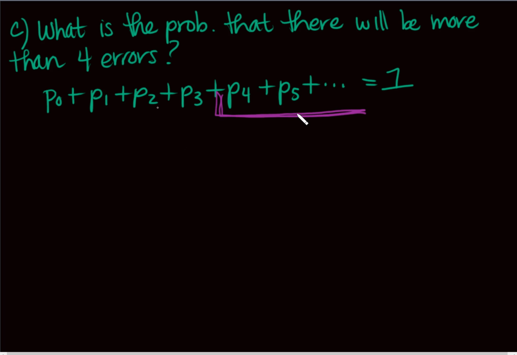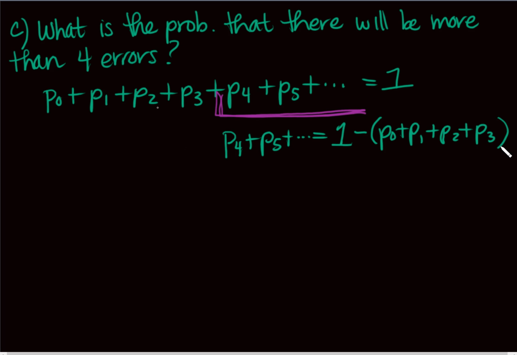So how can I do that? Well, I can actually kind of solve for this. I know that this whole thing right here, more than 4 errors, will be equal to 1 minus less than 4 errors, right? That's how we're going to do it. If I want more than 4 errors, I take 1 minus the probability that I have less than 4 errors, and that's going to give me what I want. And there's a reason I already did 0, 1, 2, and 3. So the probability that my random variable is greater than or equal to 4, that my outcomes are greater than or equal to 4, is going to be 1 minus